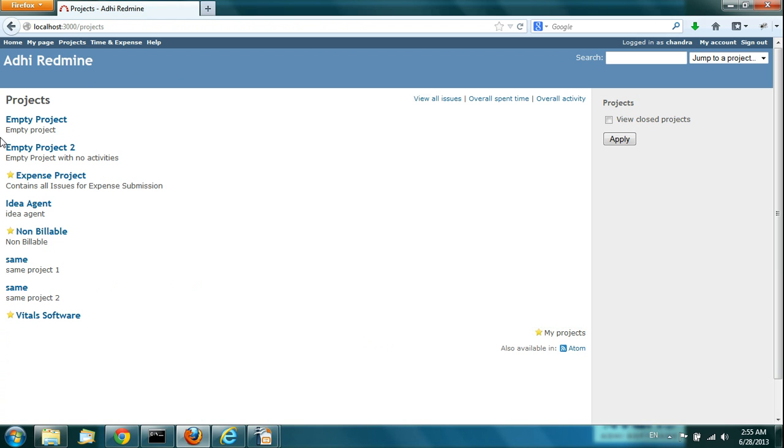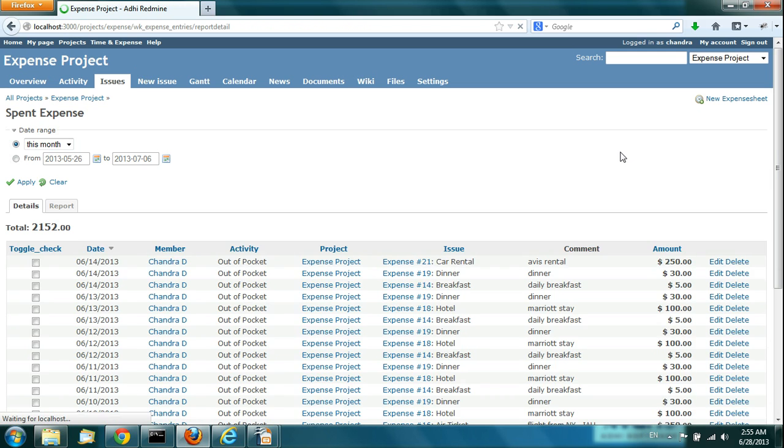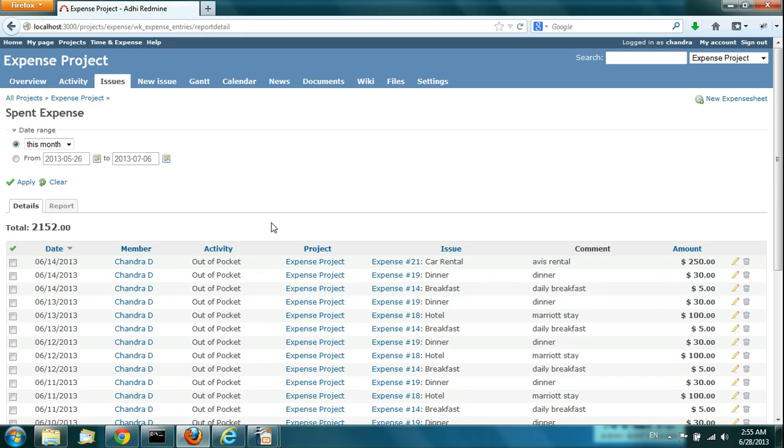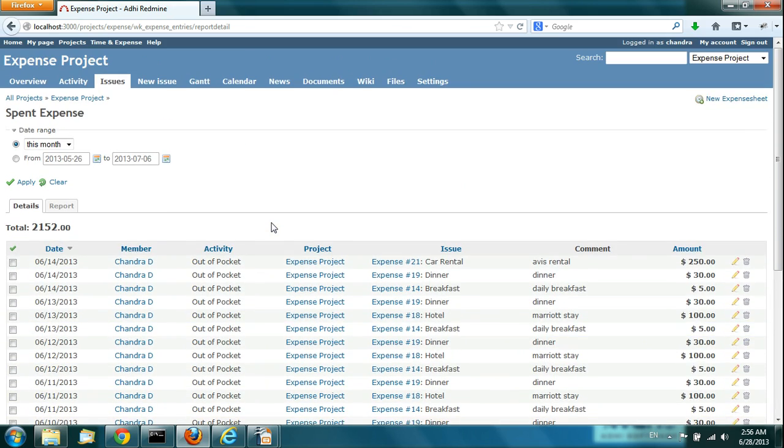Like I said, I've restricted expense entry only to this expense project, so you will be able to see the details only here. So you will see this expense report as an additional link. When you click on that, you will see all the expense entries made for that project. And like the summary report in time, you can also run summary report